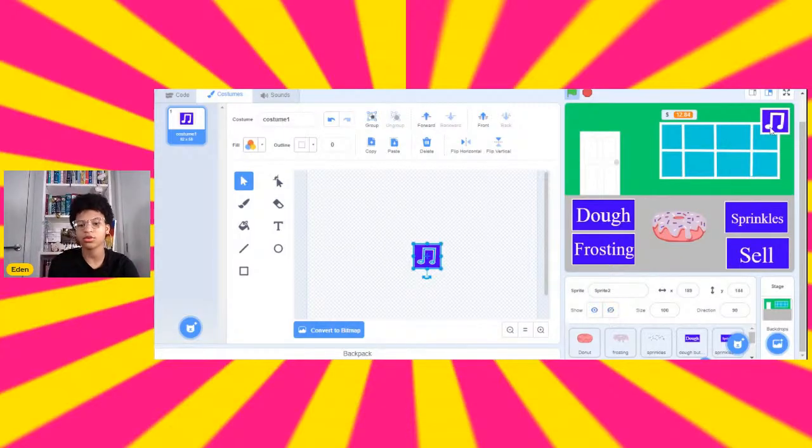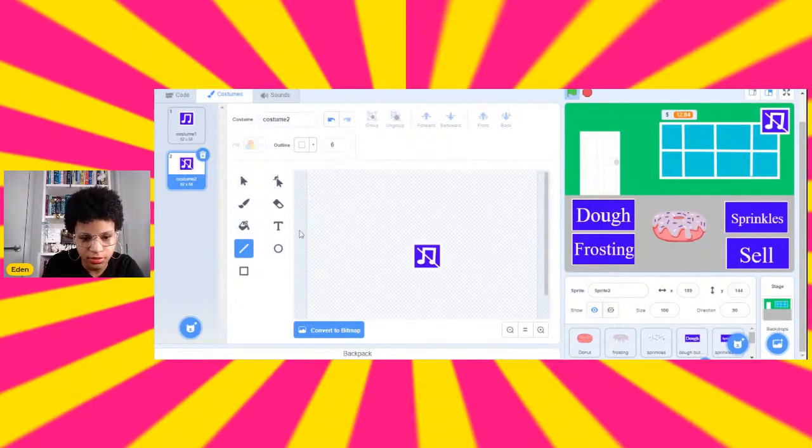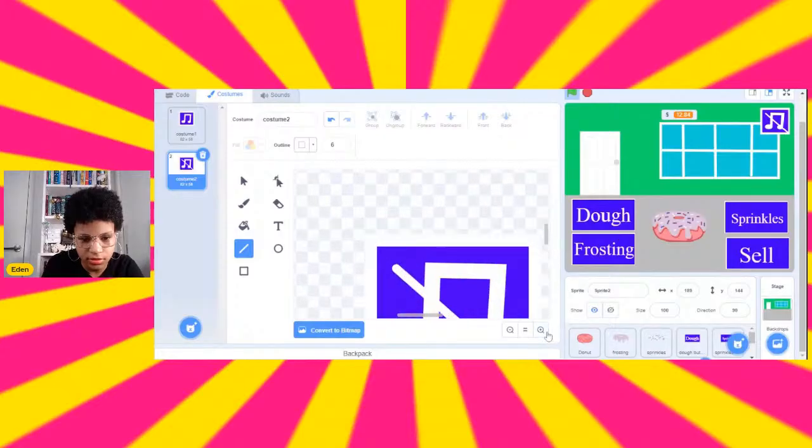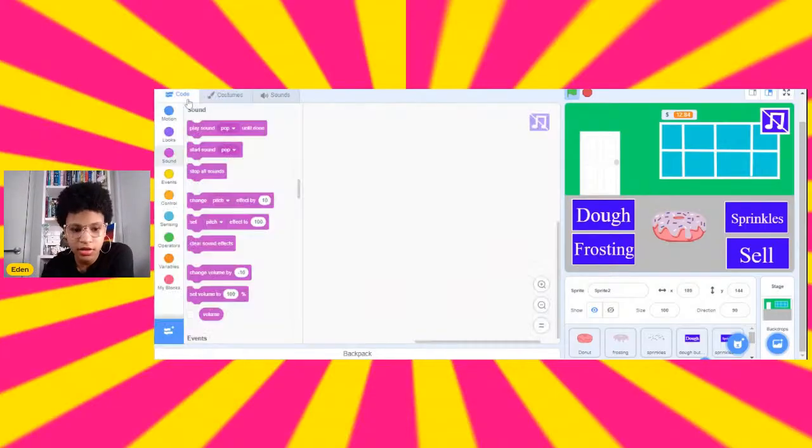We'll put that in this corner up here, and then we'll also make another one of it where there's a strike through it, so that means that the music is off. And then, no, that's not reaching all the way. Let me change that. There we go. So we've got 2 costumes, so we need to make this able to start and stop the